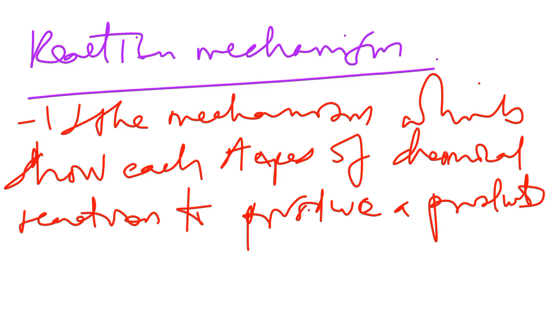So we see that this is the mechanism which shows each step of a chemical reaction to produce a product. It means that at those stages that occur through the chemical reaction, from the start, the progress to the product, at those steps with the different conditions that occurred, this is what we say reaction mechanism. So by determining that, it means that if you have a reactant and the product,